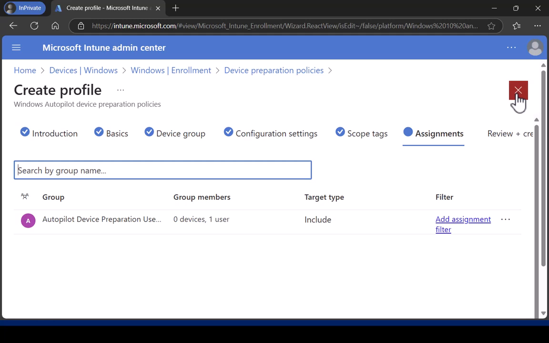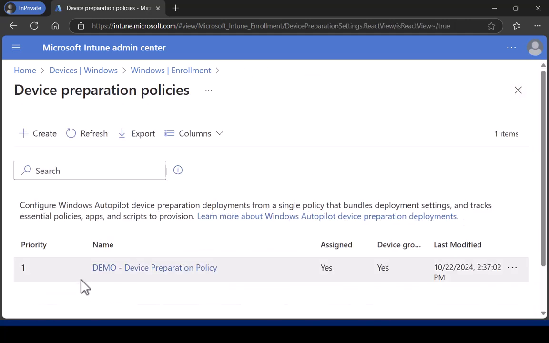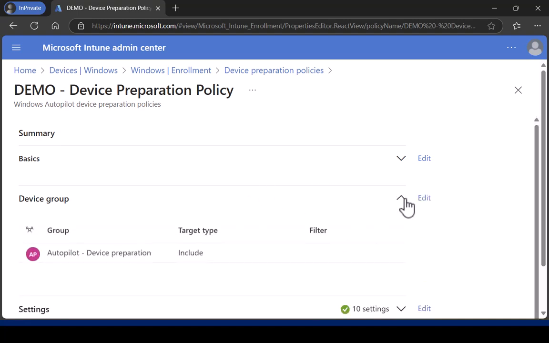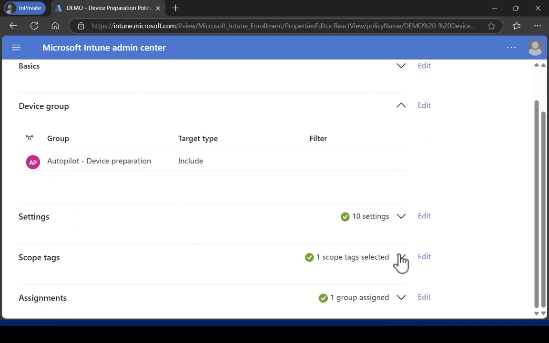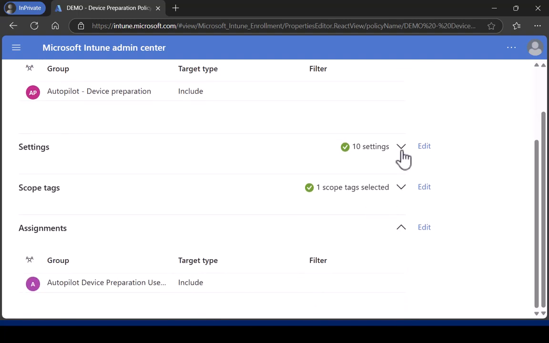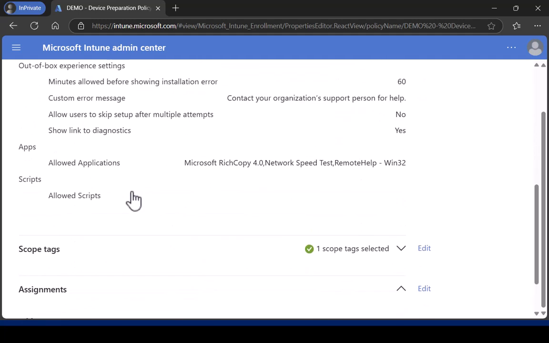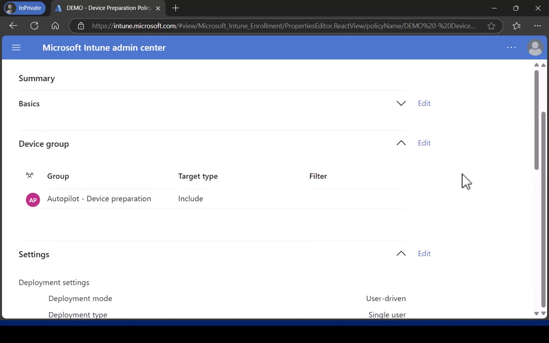And I'm not going to save this because I've already got one. And here is mine, right? So I've got my device group here that I just showed you. Here are the 10 settings. Here's my user group that's assigned, right? So I have also these apps that are assigned down here that I've configured, right? So again, whatever you want to do. But this is the Autopilot device prep profile. And